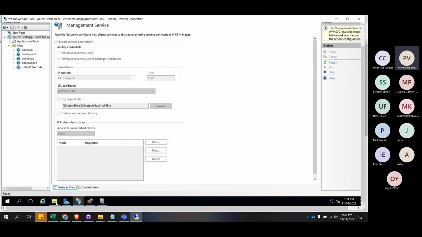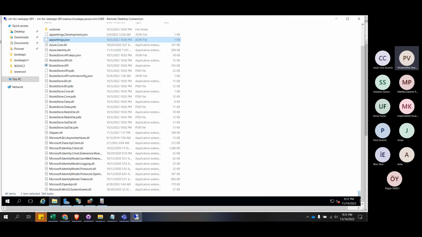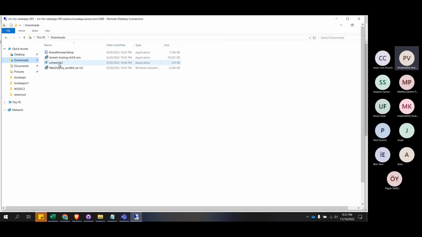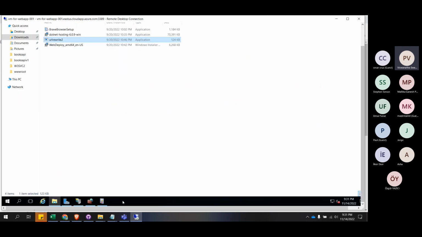And apart from this, the key thing is we need to go ahead and install a few software. We'll again look at it. One is the web deploy, one is .NET hosting, and one is URL rewrite. URL rewrite is needed when we are deploying the Azure Blazor WASM. Okay, if it is Blazor server, I don't think you need URL rewrite, but specifically for Blazor WASM, you need this one. So our next target is we'll deploy the same web API in app service, and then we'll see a